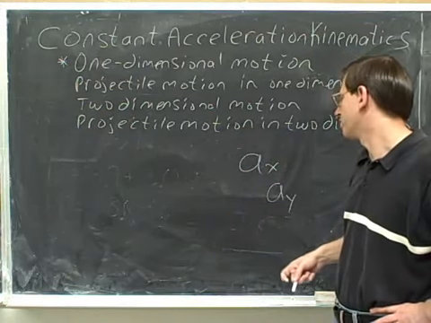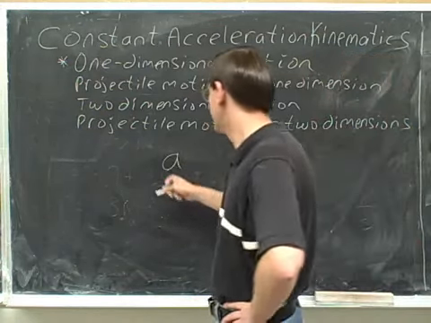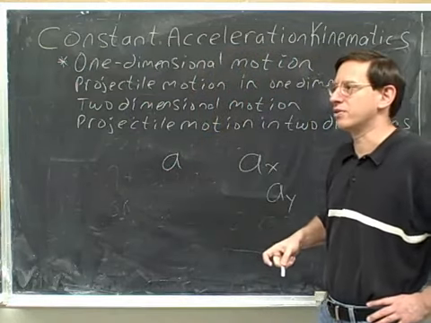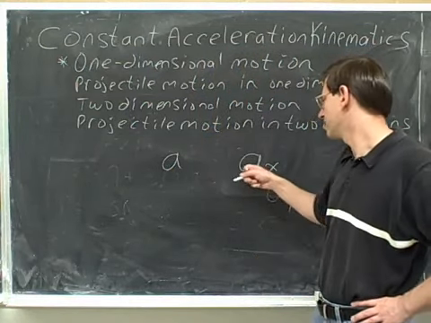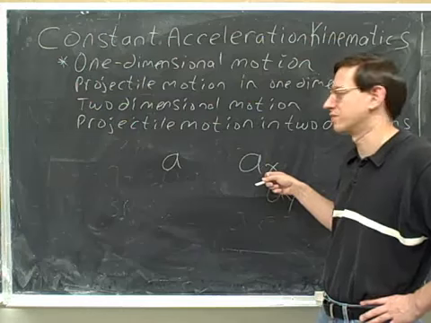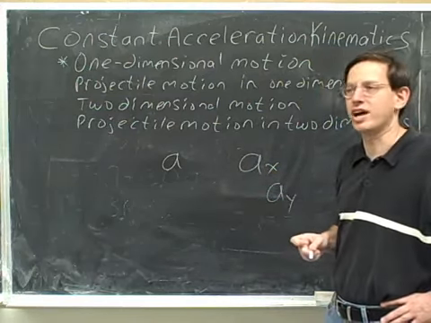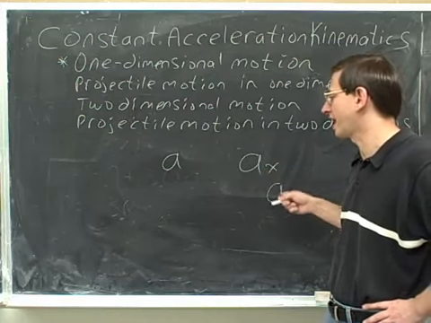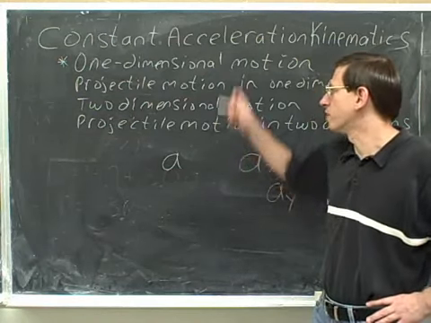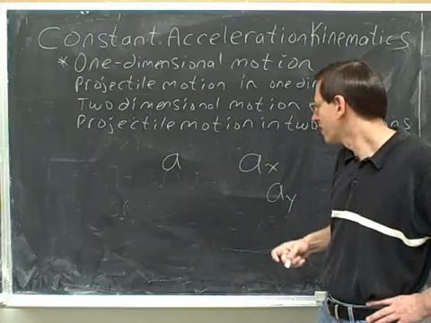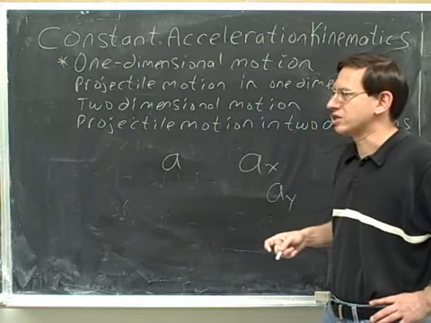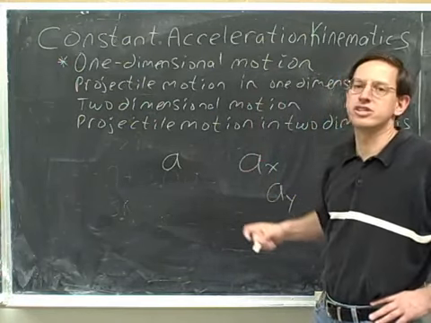So again, this symbol is not going to be useful to us. Instead, if we're using an x-axis, I'm going to call it a sub x for the x acceleration. And if we happen to be using a y-axis, I'll call it a sub y for the y acceleration. I'm always going to specify what axis we're using, even though for one-dimensional motion we only need one axis. So I might be using a little bit more notation than your textbook would use for one-dimensional motion, but that's